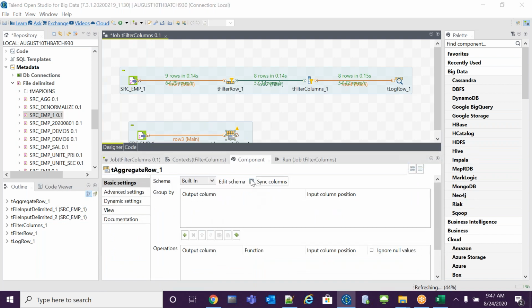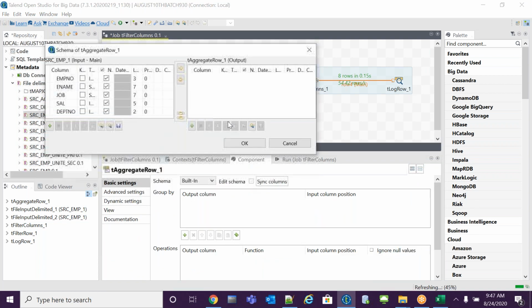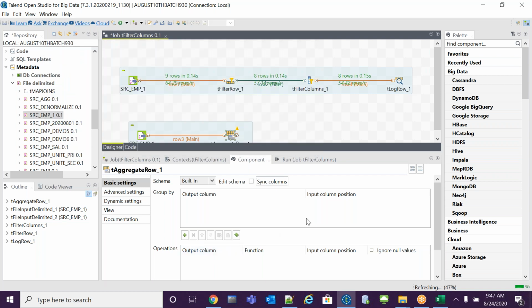Let me add one column. I think we already covered the list function, right? I want the comma separated values in it. Yeah, you can get it. Group by DEPT number, something. I need to take one more column.